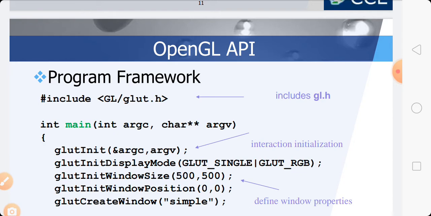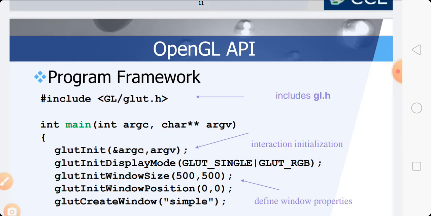We provide their reference to this function. glutInitDisplayMode, now we have to specify the GLUT display: GLUT_SINGLE | GLUT_RGB model. glutInitWindowSize 500, 500.